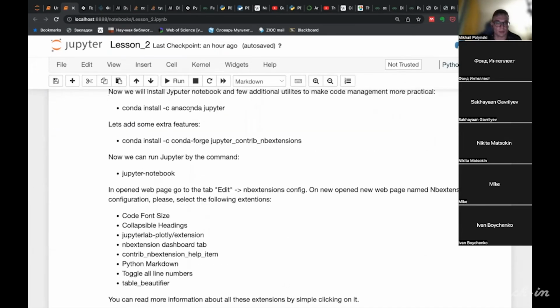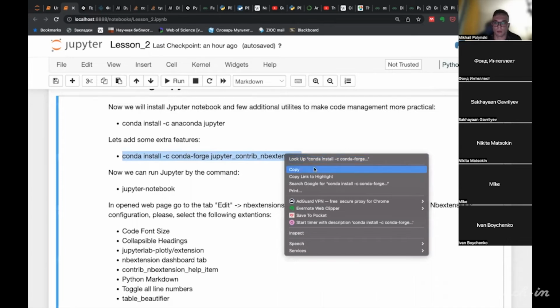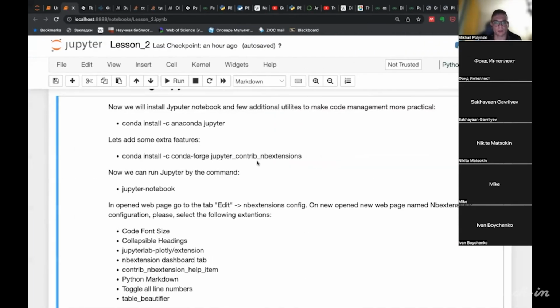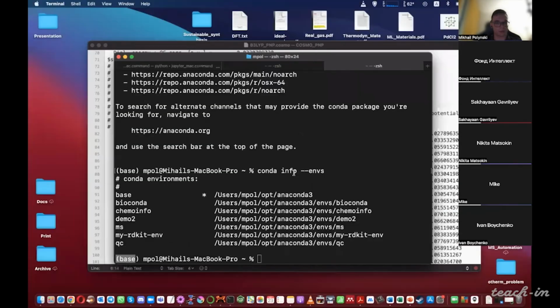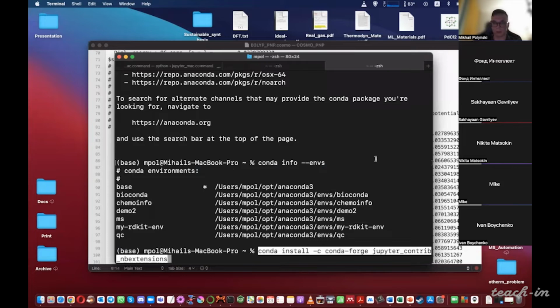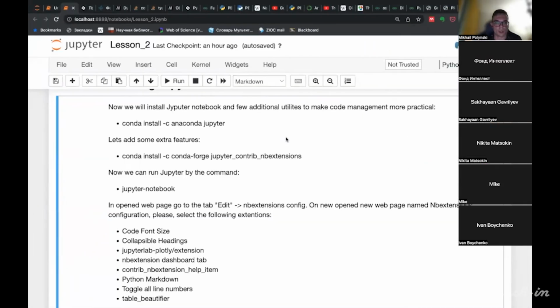We also should install the package called Jupyter Contrib NB extensions. This is the package that adds extra features to the Jupyter Notebook program, and I will show you later why you should use that. It's installed from the Forge channel.